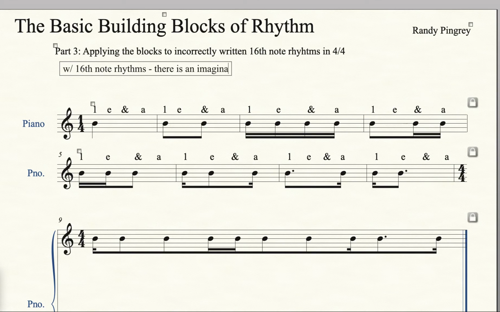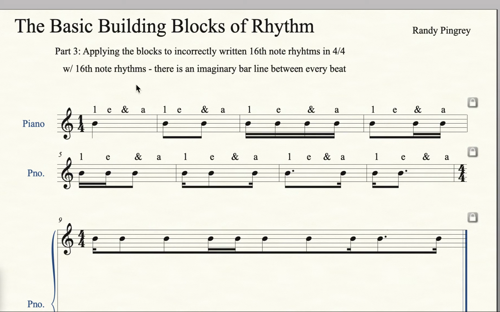there is an imaginary bar line between every beat. So in 4/4, there's an imaginary bar line between beats 1 and 2, between beats 2 and 3, and between beats 3 and 4. So above the staff, I've written here the subdivision. And the rules of subdivision are still the same, except now instead of just 1 and, 2 and 3 and 4 and, we have twice as many levels of subdivision. So instead of just 1 and, it's 1 E and